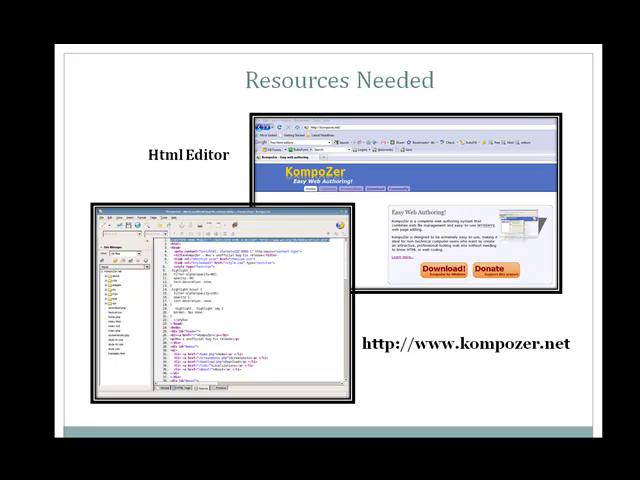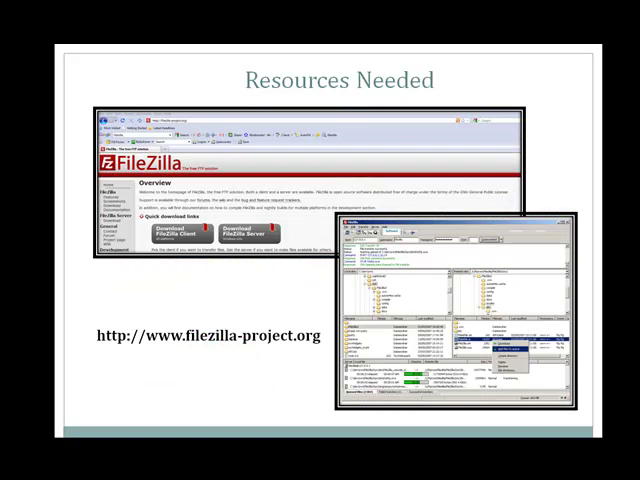So first step is to make sure you have a copy of this, or if you have a copy of Front Page, that's great. You don't need this one. But if you need an HTML editor, here is one that is free. The next resource you need to make this work is you actually need FileZilla,